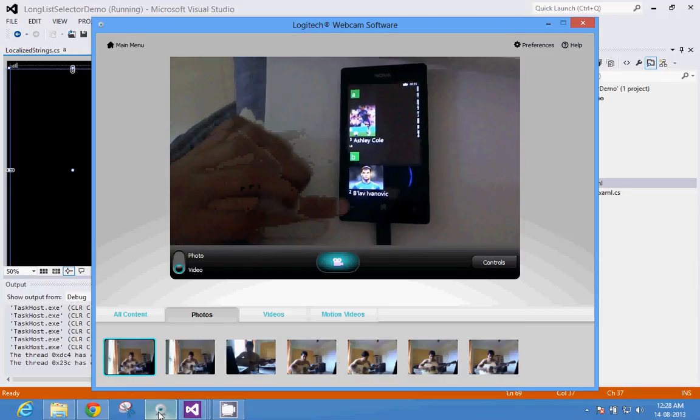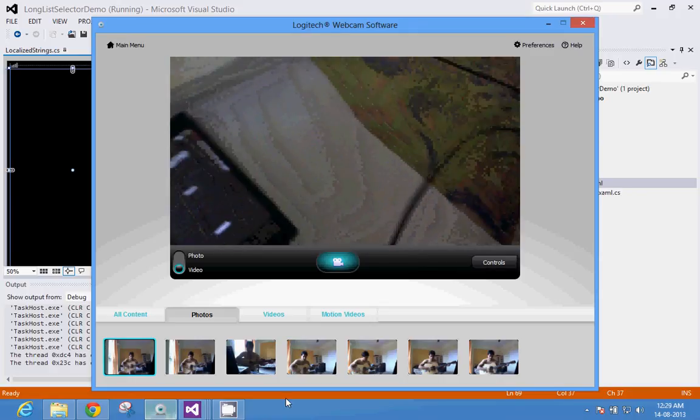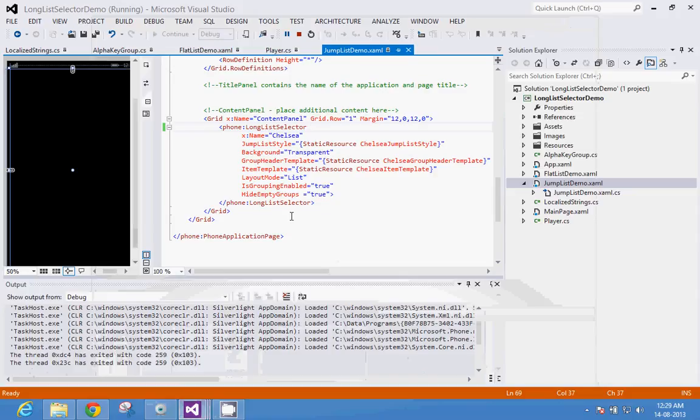Okay. And what I do, we come back to code, and now I'm going to demonstrate a third way. Now we use the alpha key group logic from MSDN because all we wanted to do is categorize our entries according to alphabets based on their names, right? Name is one of the properties of a player class. Now I want to show you a demonstration.